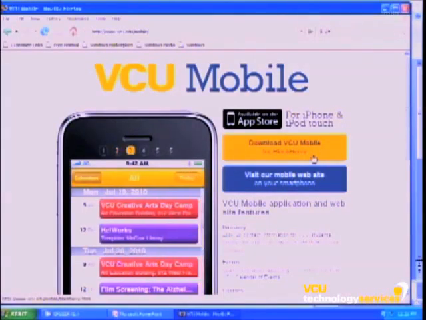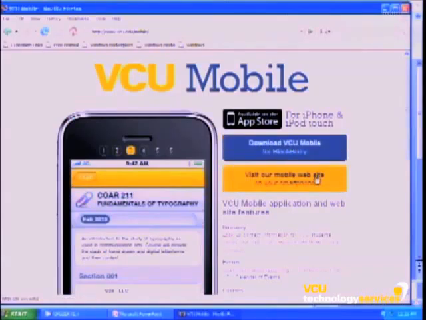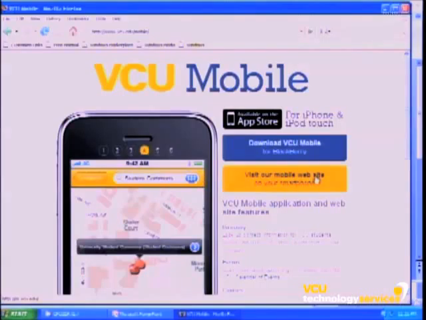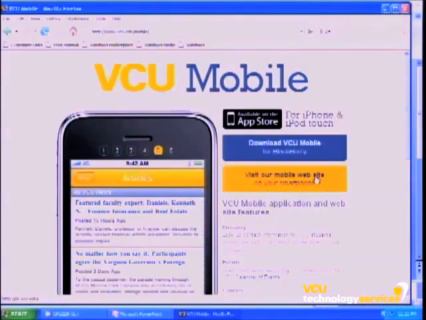But if you don't have either one, if you're on a Droid today, you can use our mobile web. So you can go to m.vcu.edu. Those folks actually get some extra things and they get less things. They don't get some of the videos that are on YouTube, but you do get access to some library information